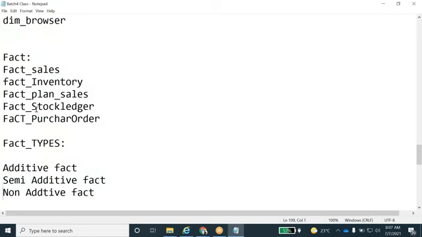Yeah. So we have three types of facts. One is the additive fact, semi-additive fact, and non-additive fact. So what is additive fact, guys? Anyone? And I want it with an example. Can you please tell me what is additive fact and an example? So it will be only calculated with respect to dimension tables.